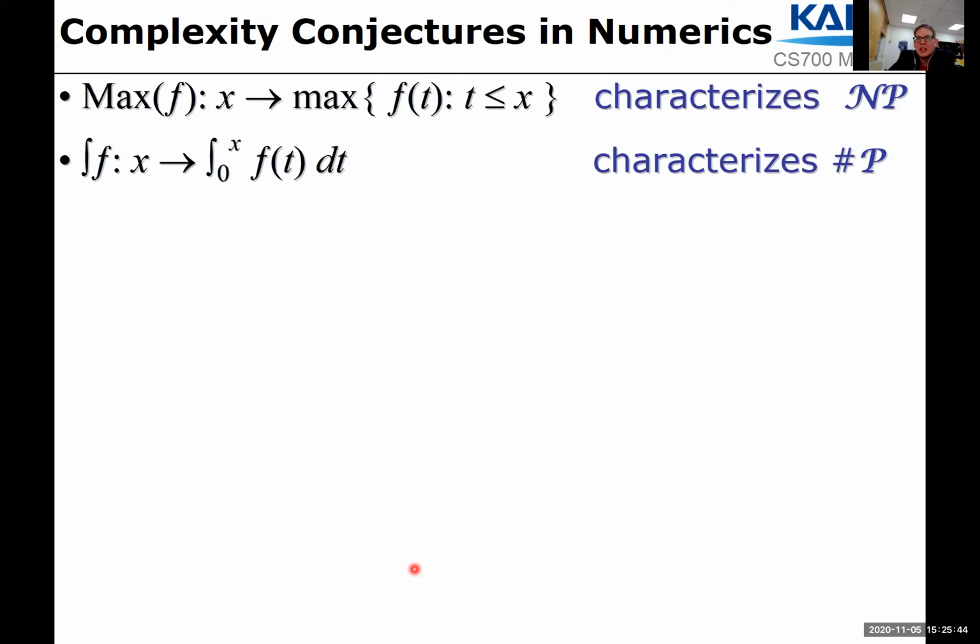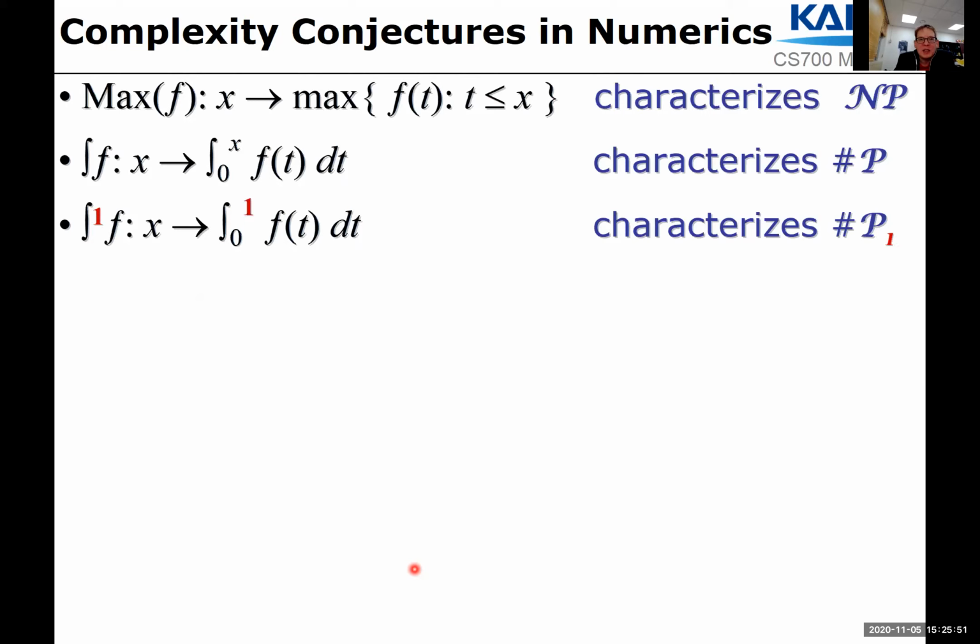Indefinite Riemann integration characterizes the discrete counting complexity class #P. Definite Riemann integration characterizes the discrete counting complexity class #P-1 with unary inputs. And they are similar